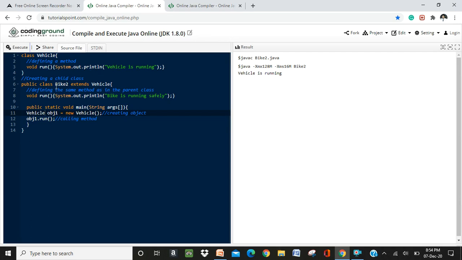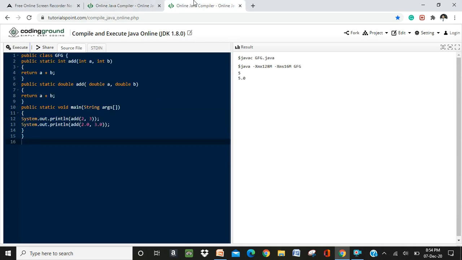But remember, whenever we try to refer to the content of the superclass via a child class reference, it can't be done. It will lead to an error. So this is regarding runtime polymorphism. Now the second one, as I told, is overloading.